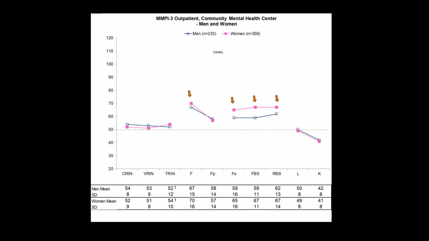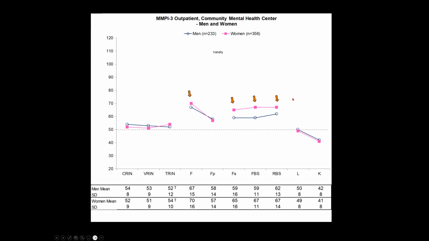And of course, that is embedded in the interpretive guidelines and needs always to be considered as one of the reasons why someone may score at a moderate elevation level. But once the scores get much higher than that on these over-reporting scales, then there is going to be, based on the interpretive guidance, some conclusion that there appears to be over-reporting present in a sample. So this gives us the perspective on, well, what do we typically find in mental health outpatients on these validity scales?